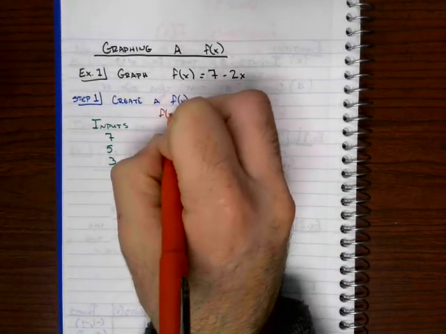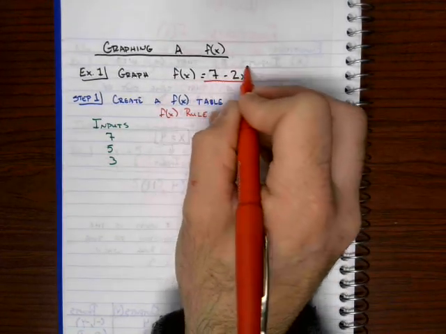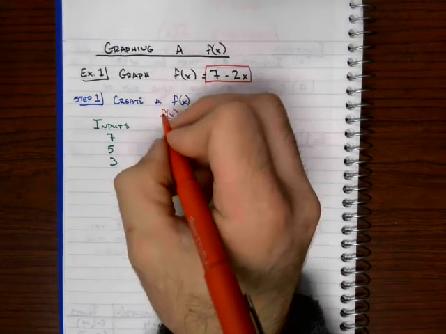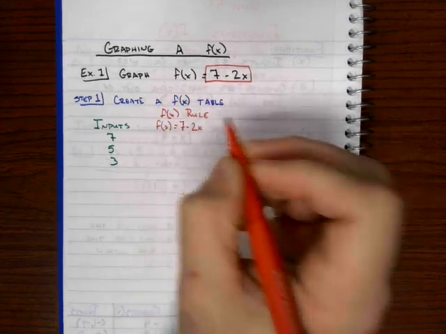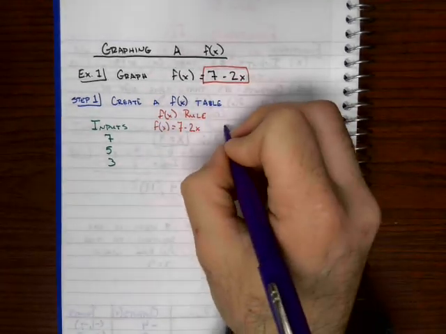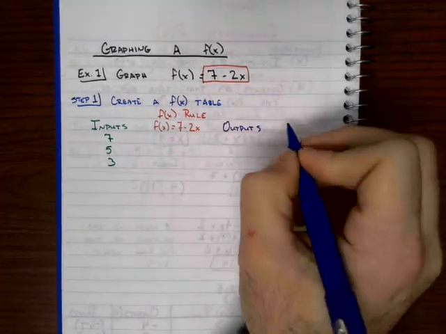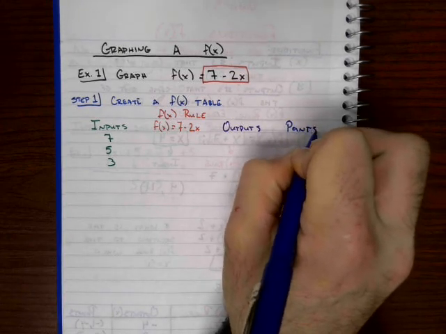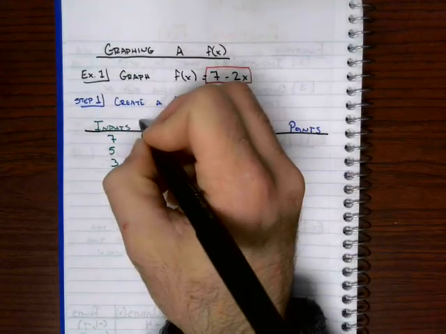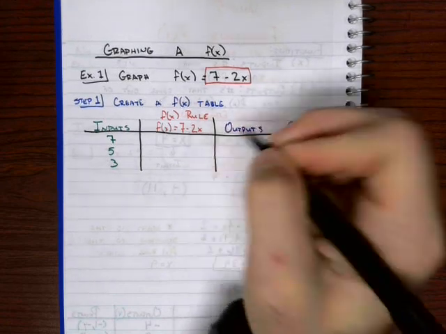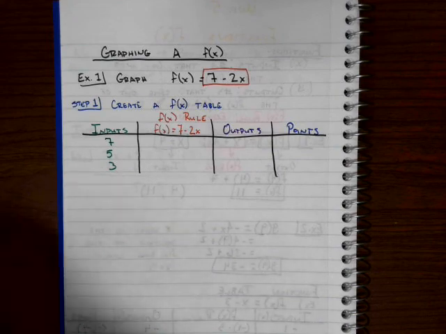Okay, so my function rule, and remember, what is our function rule? My function rule is whatever is right here after this equal sign. So my function rule is f of x equals 7 minus 2x. We're going to have outputs, and then we're going to have our points to put on our graph. All right. So then step 2,